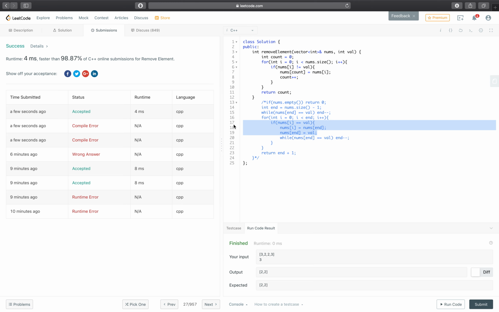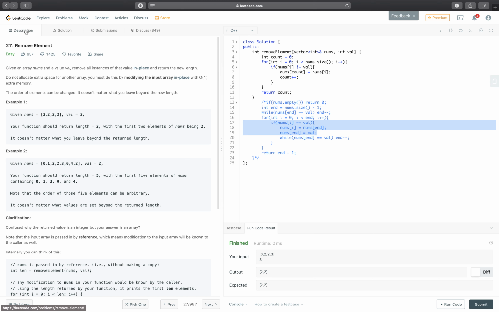Okay, there you have it, guys. This is how you remove the element in the fast way. Hope you guys learned something,